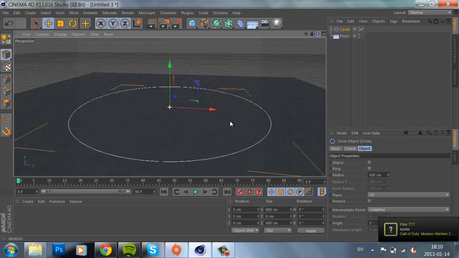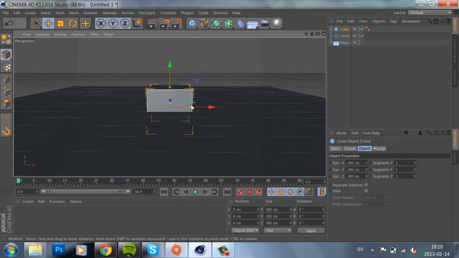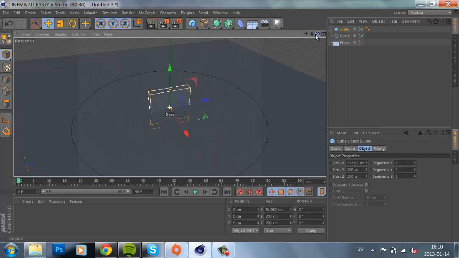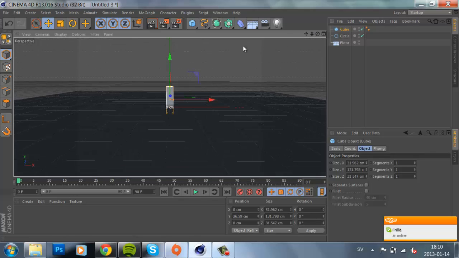That's good. Now what I want to do is add a cube or whatever you want. Make it like this. Make it however you want it. I want it like that. Okay,